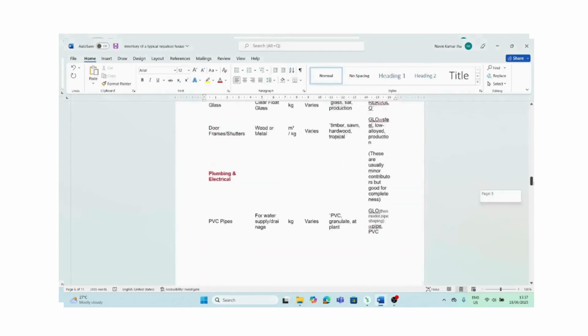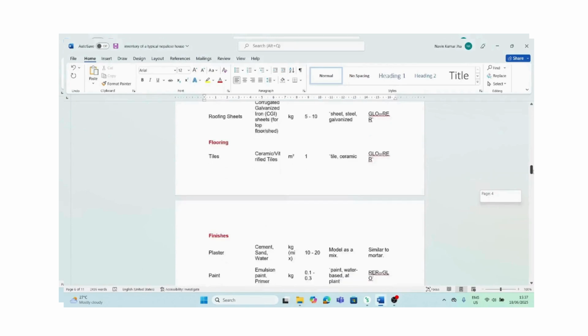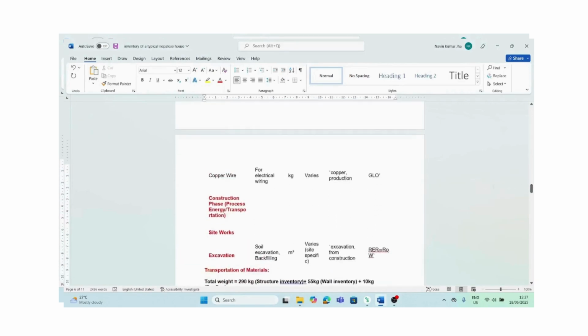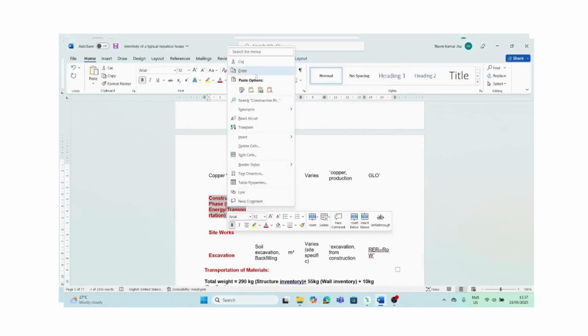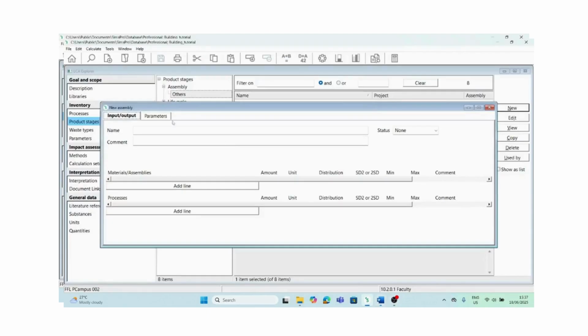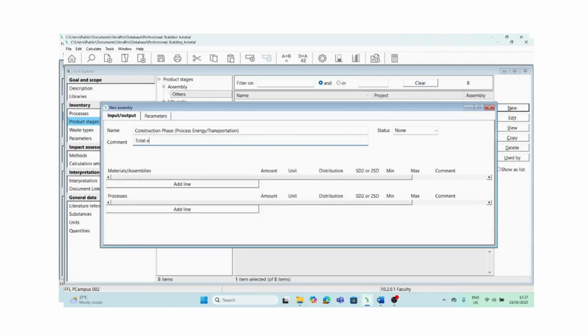Now we should think about some process which we have not updated, because during the life cycle, especially in life cycle analysis, we have to consider each and every activity which may be expected during the life cycle of a building. So here we have updated all the inventory, but we have not updated how we will transport this inventory up to our site. For example,